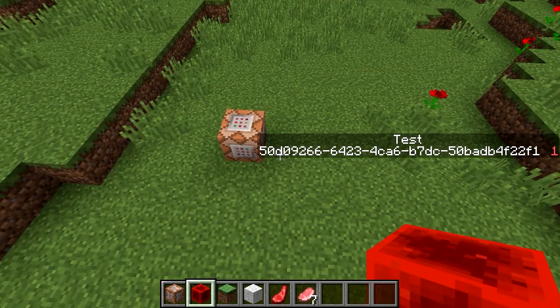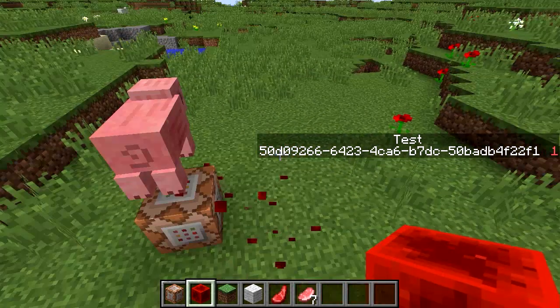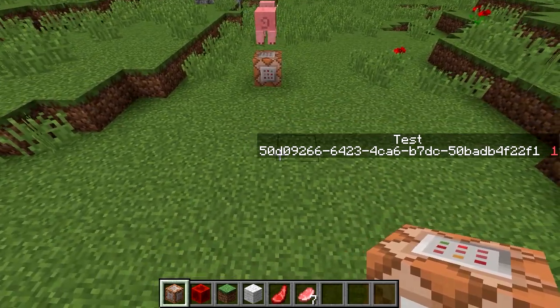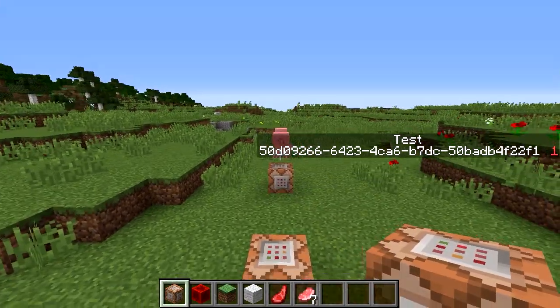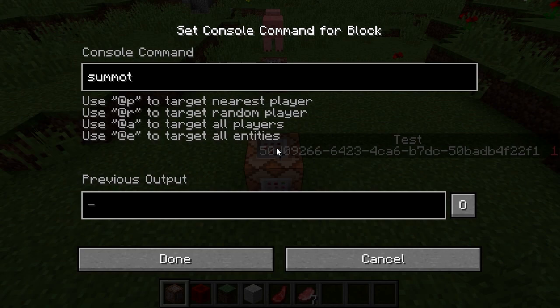And the only reliable way that I have thought of to do that is to keep a counter and count to 20 on your clock. That said, now we're through the lecture part of this. Now it's time to get something to attack our pig. To do that, we're going to need something that will attack it. So we're going to summon a skeleton